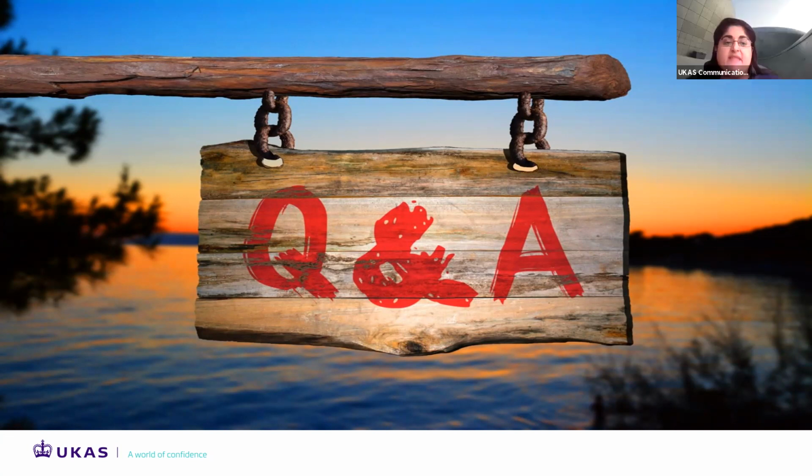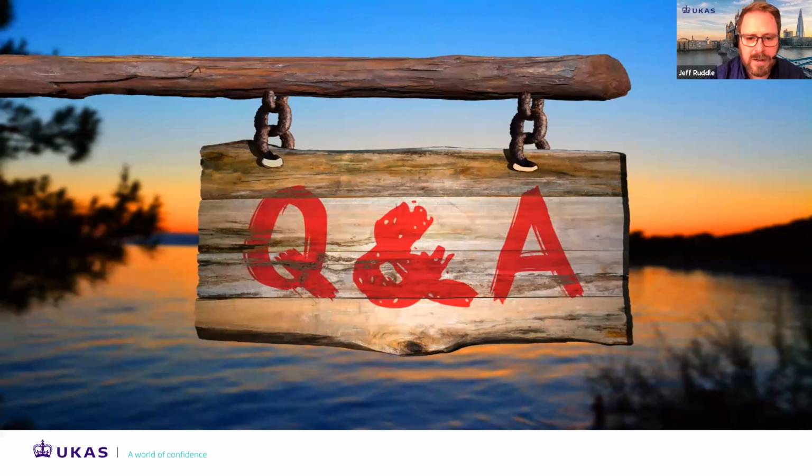Great. As a customer, do I need to supply any additional information for UCAS to complete the risk evaluations? None of the information that we're asking for is something that you wouldn't have been asked for before in an assessment. You might be asked for it in a slightly different way. But things like looking at staff turnover, perhaps looking at whether you've got a lot of temporary resources, are all things that we would have considered previously in an assessment, but we may not have asked for it in such a structured way.